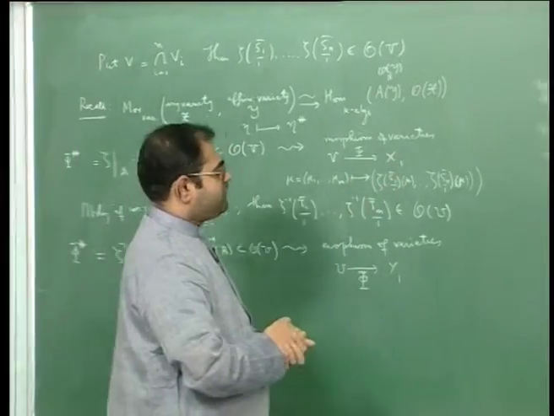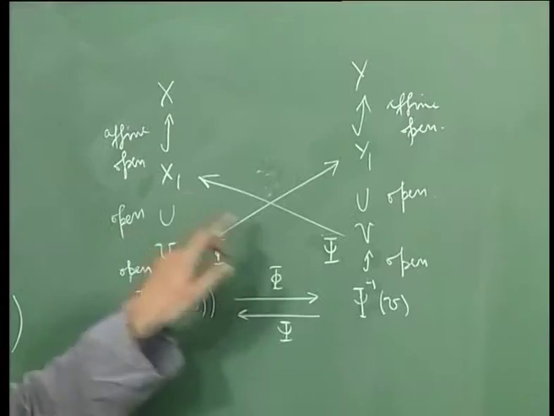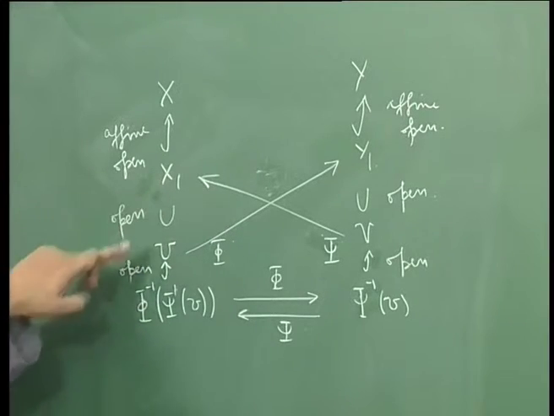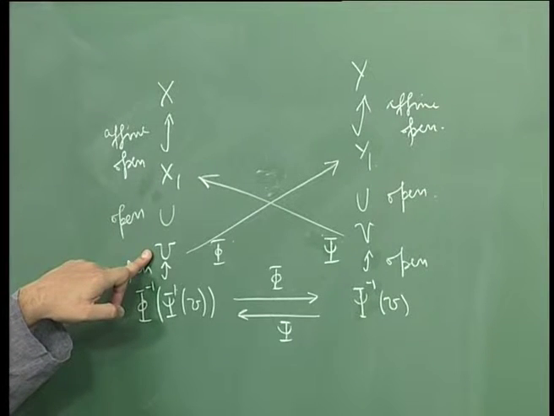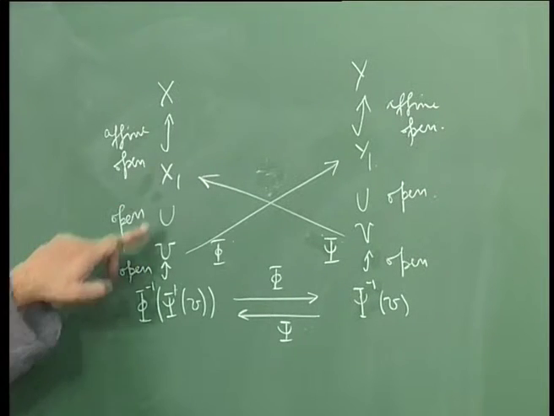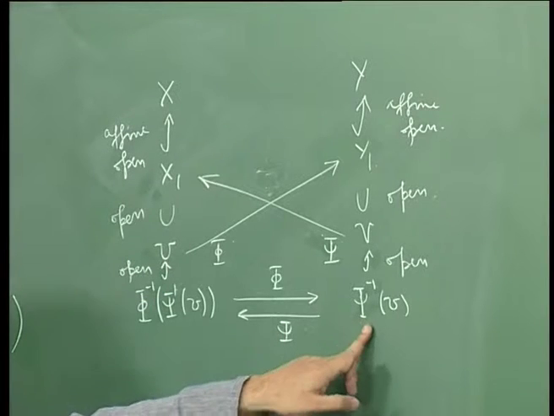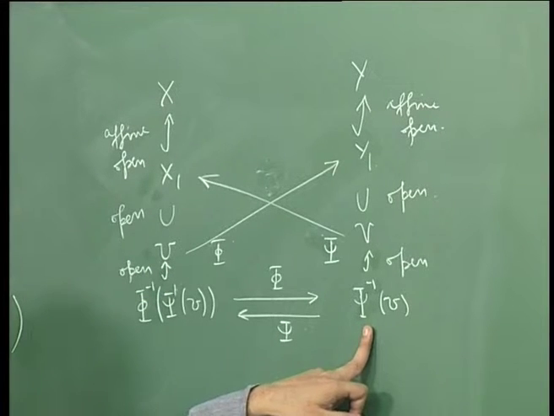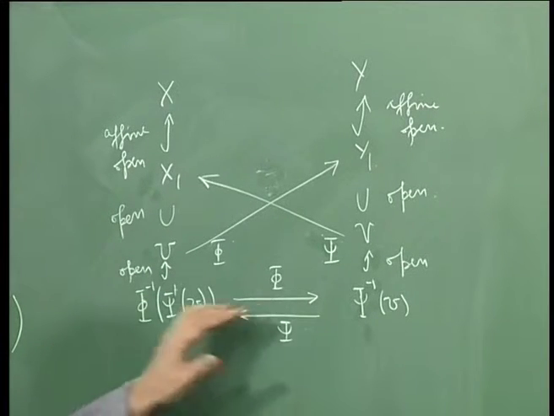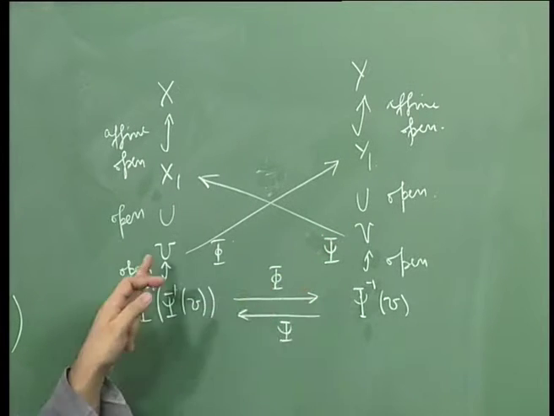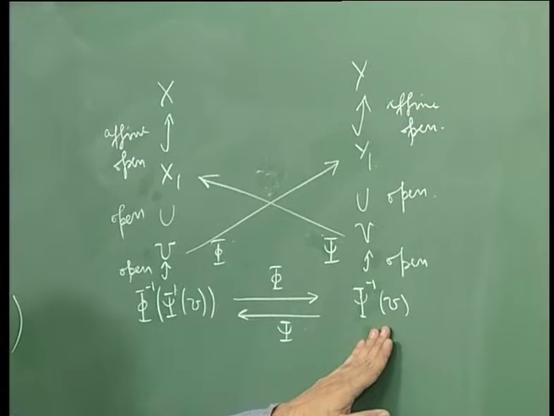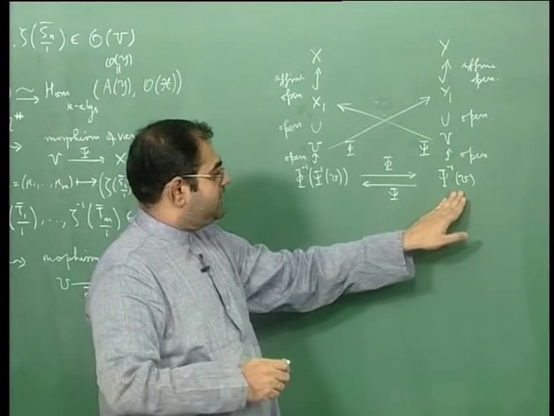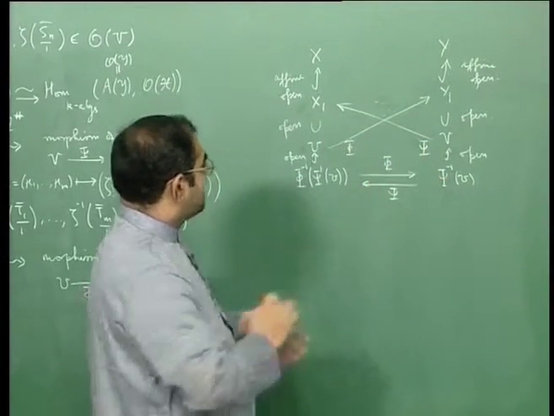The only thing that you will have to worry about is that the image of psi has to intersect u, okay, that's an important thing, because if the image of psi does not intersect u, then psi inverse u will become empty, alright, and similarly the image of phi should intersect psi inverse u, okay, and so these non-emptiness statements